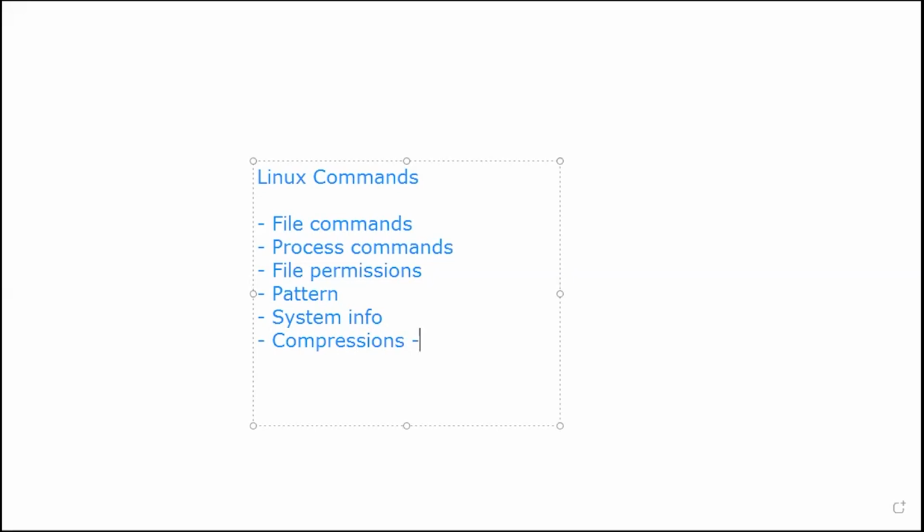Compression commands you already know. By the name, we will come to understand that compression commands are commands which you use to compress and decompress the data and transfer it to other places, like zip, unzip, tar. These are a few of the compression commands we'll be knowing. And finally, the most important thing we need to learn here, everyone, is network commands.